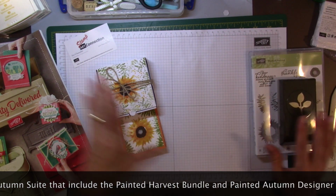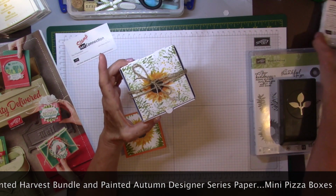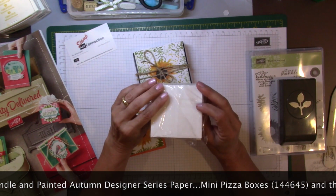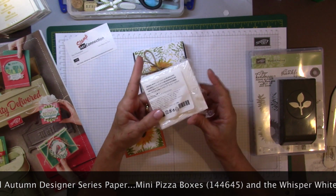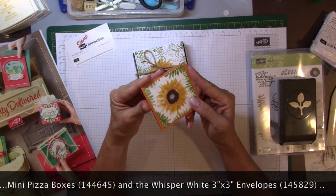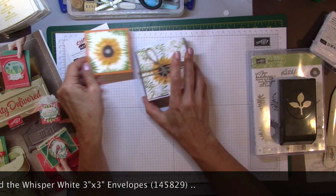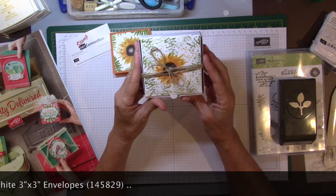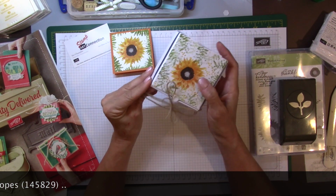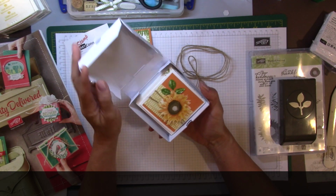I'm also using the mini pizza boxes and the 3x3 envelopes that are also featured in the catalog to make some neat little note cards. And what's nice about this is that these note cards fit inside this little pizza box very, very nicely and